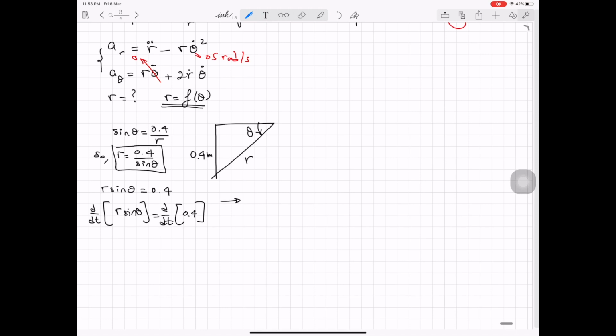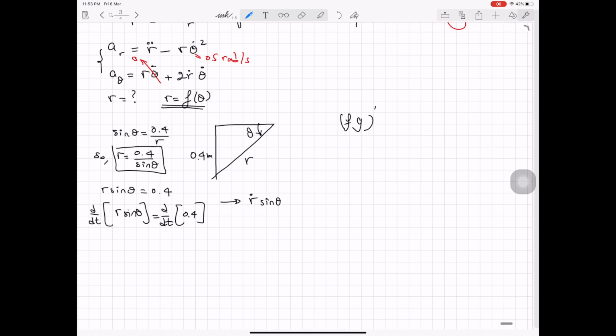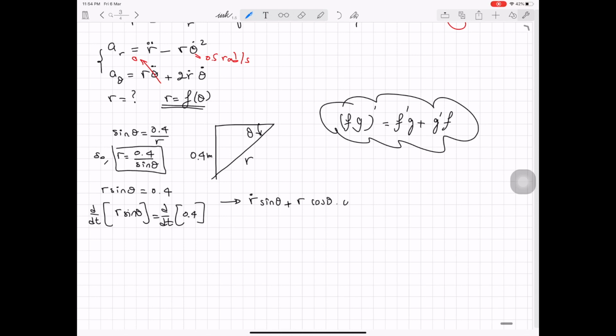R sine theta is the product of two functions. We are differentiating with respect to time, so we will have R dot sine theta. Recall that (fg)' is equal to f'g plus g'f. So we have R dot sine theta plus R times the derivative of sine theta with respect to time. So it will be cosine theta times theta dot